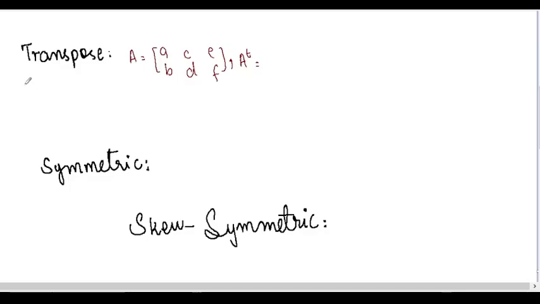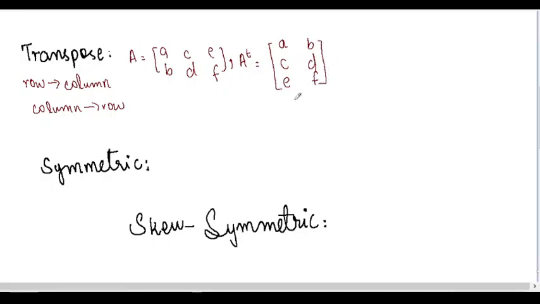We are going to change any one of them, either row into column, or column into row. We are going to do any one of these, but we are basically meant to do both of them. When we take the transpose, the first row is changed into the first column. So A, C, E are written in the first row, so they are going to be written in the first column. Similarly, B, D and F are the second row, so they will become the second column, written as B, D and F and enclosed in square brackets to form a matrix.